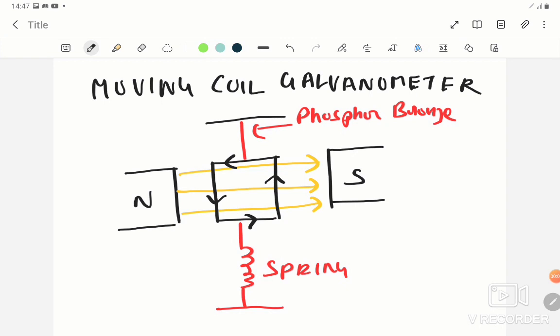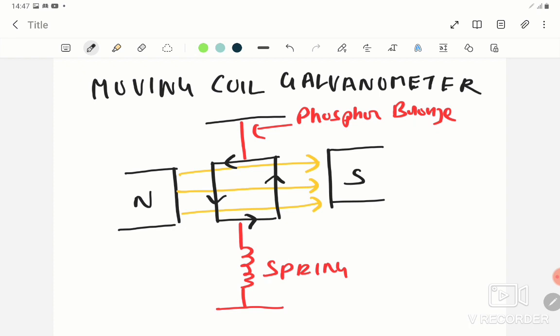Yes students, in this slide we are going to understand the working of a moving coil galvanometer. Guys, in a moving coil galvanometer we will have a loop which is placed between a magnetic field. Guys, in this case, whenever a small current flows through this loop, there will be interaction between the magnetic field of this loop and the original magnetic field between the north and south pole. Guys, whenever there is interaction between these two fields, there will be a torque which will start acting on this